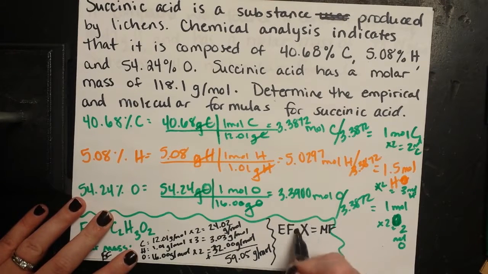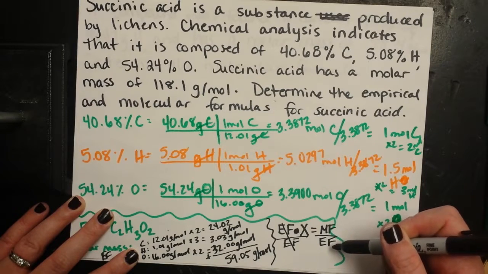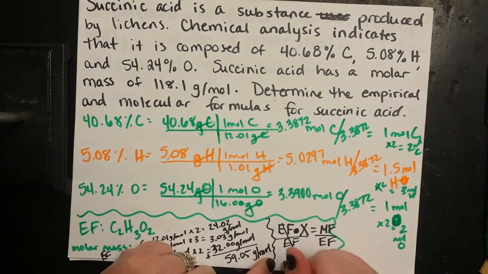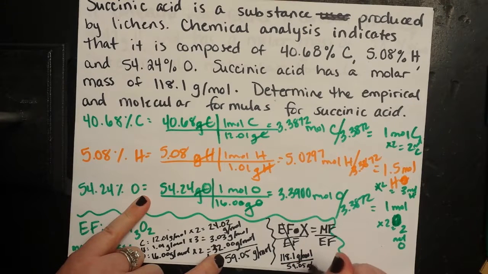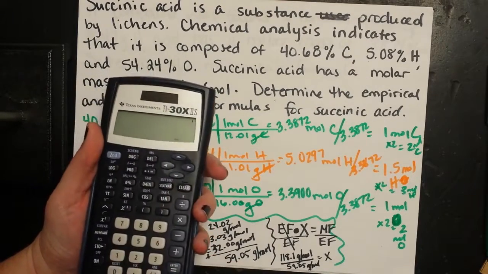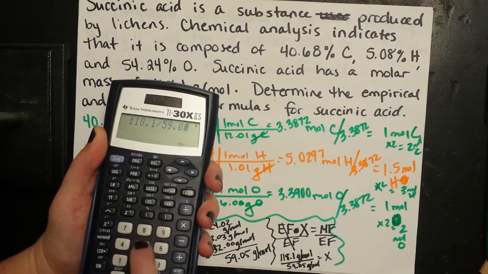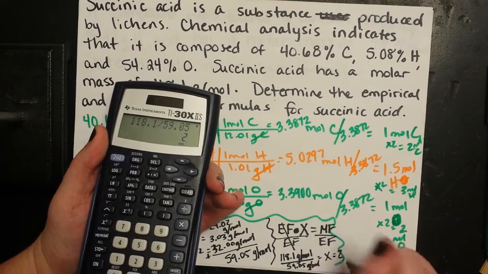Okay, so to find how many times to multiply our empirical formula, we can take the molar mass of our molecular formula divided by the empirical formula's molar mass to see that multiple here. So I'm going to take this 118.1 grams per mole and divide it by the molar mass of my empirical, 59.05 grams per mole, to find X. Some of you guys probably can tell what that number is going to be, but let's go ahead and plug it in. 118.1 divided by 59.05, we get 2. So my molecular formula is 2 times heavier than my empirical formula,